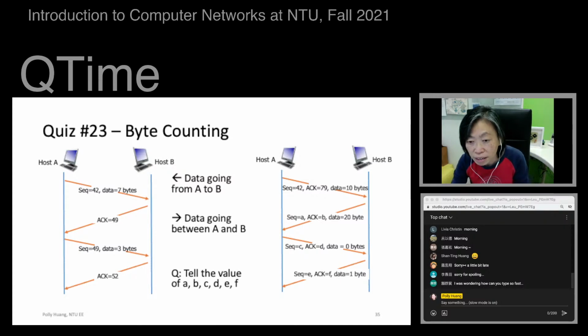Okay, now I can check whether Boris and Weiyo, whether you guys are getting things right. Okay, so A, B, C, D. Good. E. Yeah, you know what? Boris is right.